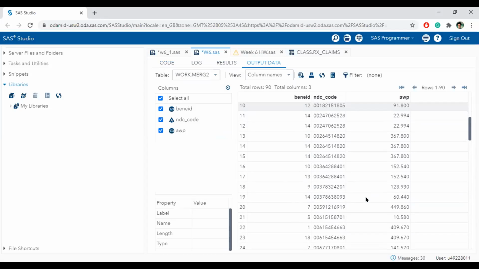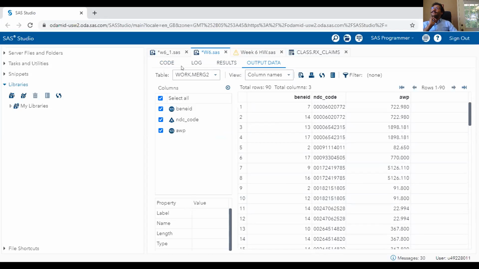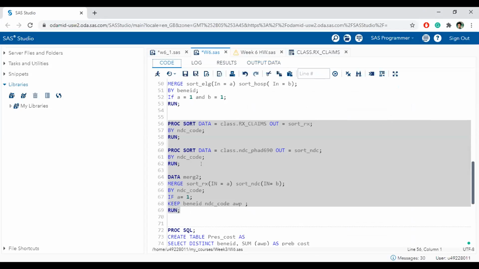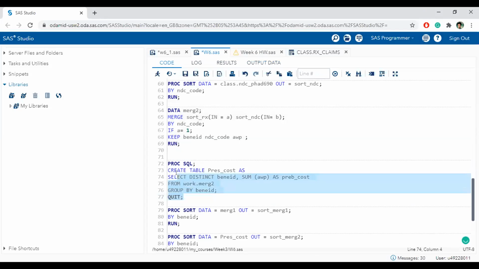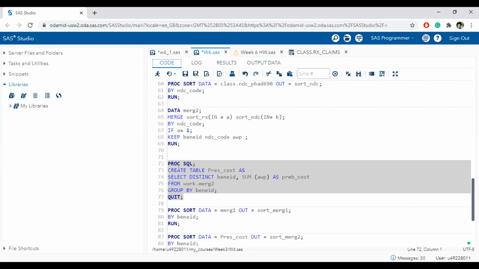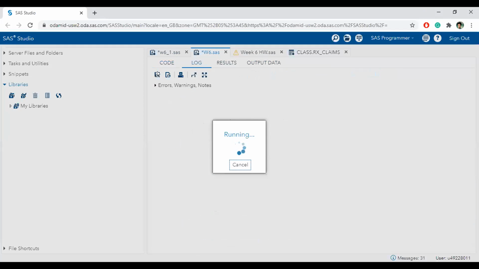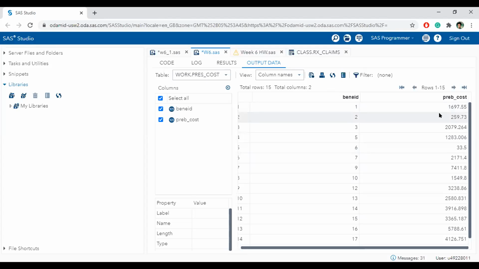Okay, this was the result. I think my main problem was in here. I just have to analyze that. Then the final merged data was used in the proc SQL, wherein I calculated the prescription cost for each Beni ID.